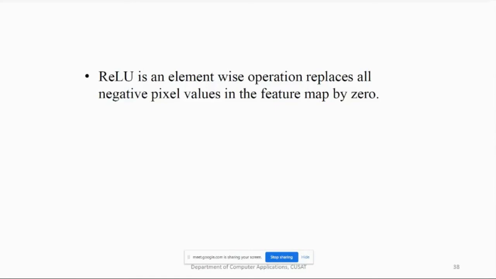After the convolution operation, we have to perform ReLU, and this ReLU is applied to every piece of information contained in the feature map. If we use 3 different filters, we have 3 different feature maps. In all these feature maps, we have to perform the ReLU operation. And instead of 3, if we use, for example, 64 filters, we can expect 64 different feature maps in that case. So in all these 64 feature